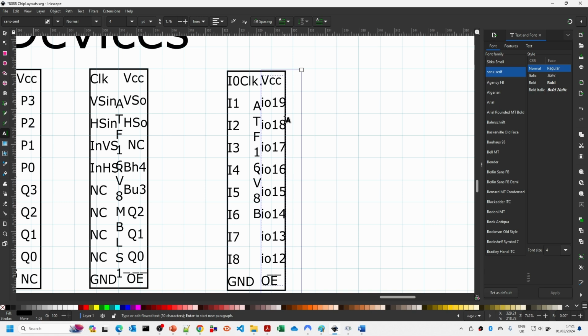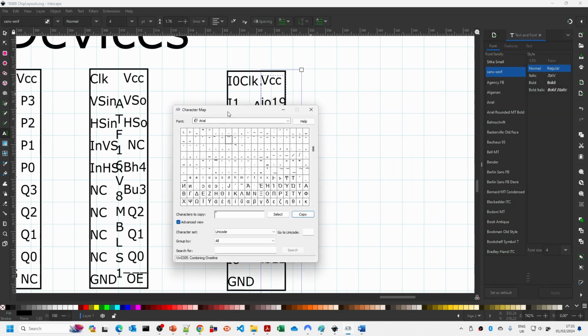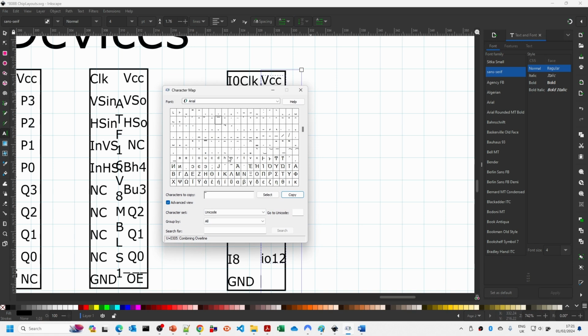I have got a summary of how to do this. So what I would generally do here, the way how I tend to do it, is I go into Windows Character Map, and there is a character known as combining overline, which is Unicode 0305. And this is one of the characters, a bit like an accented character that can be added to an existing character. Select it once, copy,